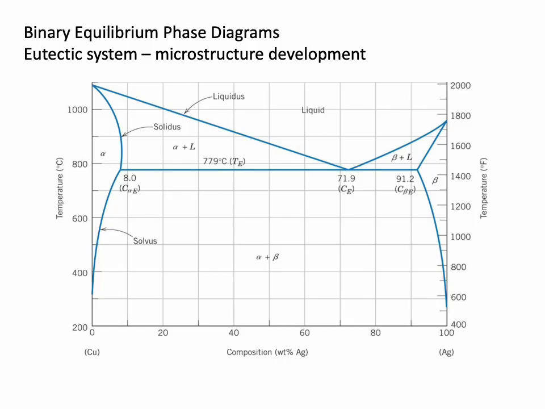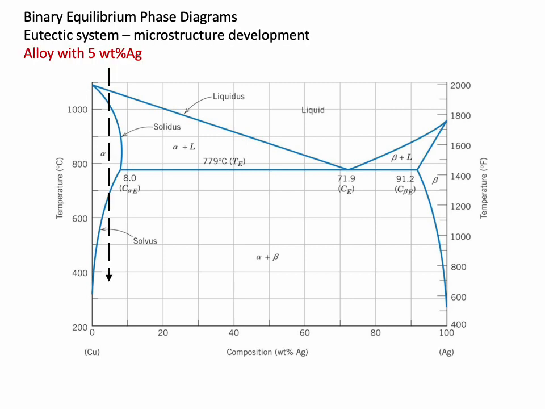All right, I'm back. And all I'm going to do in this presentation is show how the different microstructures form as you're cooling a two-phase material. And so I've got this same copper-silver phase diagram up. If we look at that 5 weight percent silver alloy and talk about what happens at the microstructural level